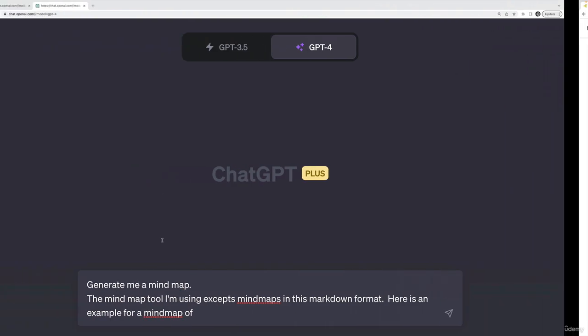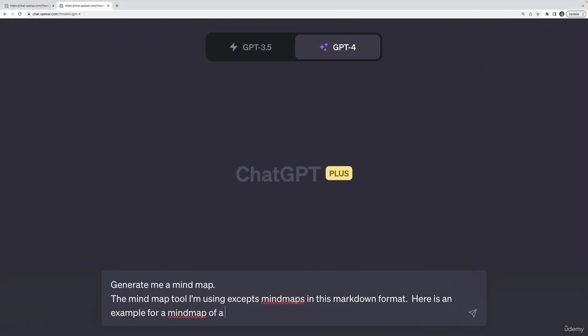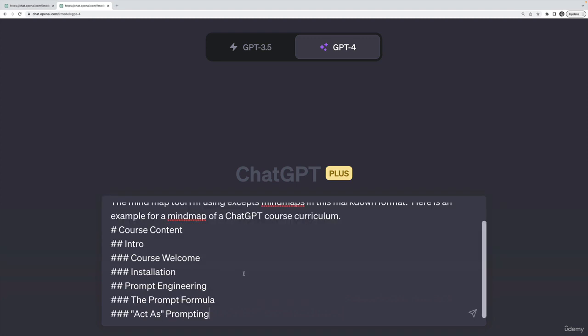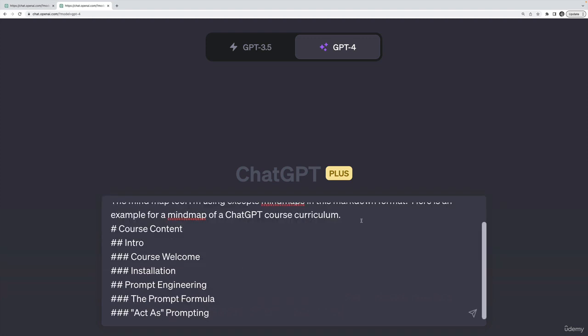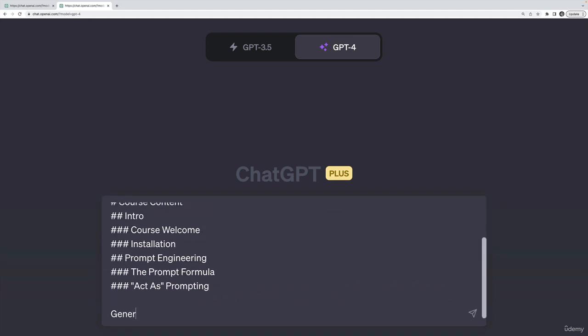Sure, we'll call this a mind map of a ChatGPT course curriculum. And then I'll give it this here. And then down below, I'll say generate a mind map for all of the concepts, what should we do? All the concepts an entry-level web developer should learn, using the above